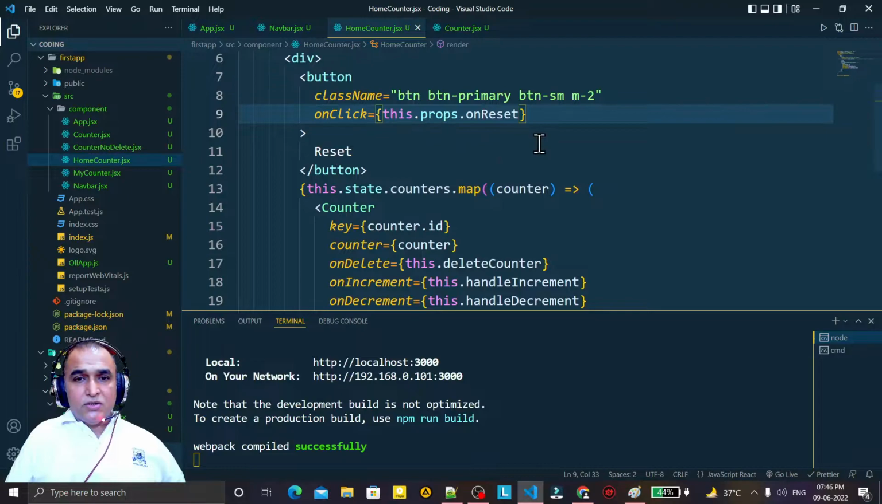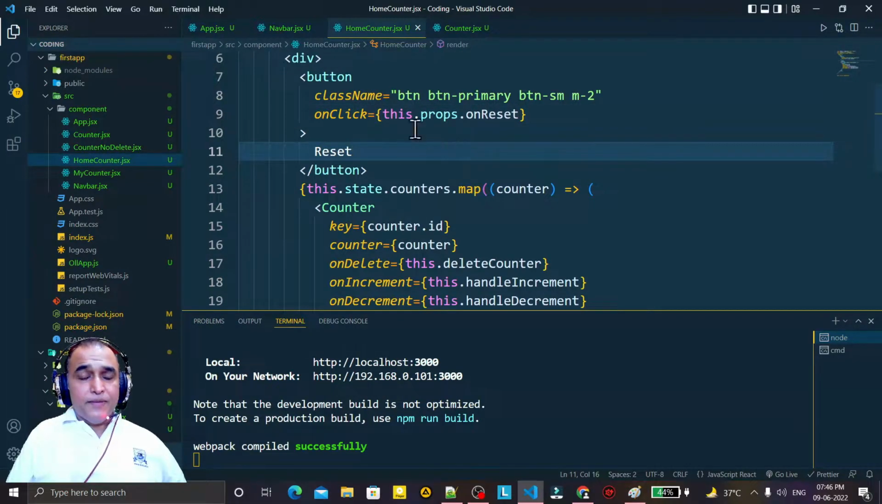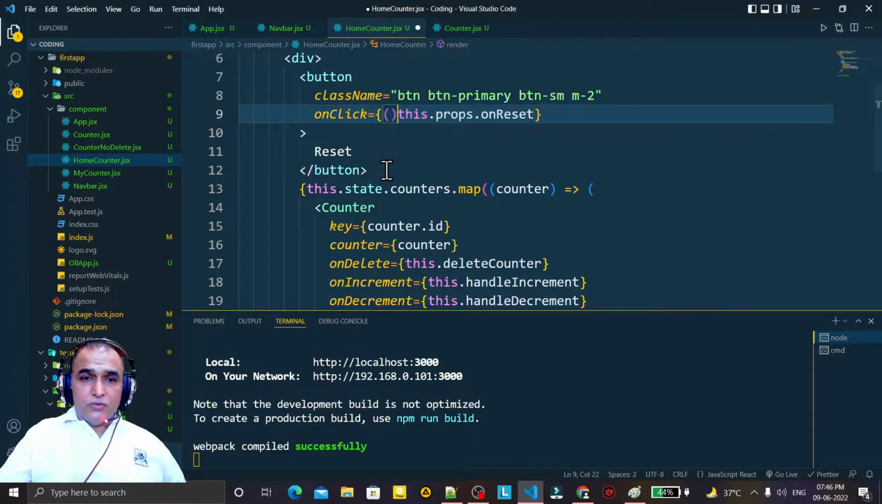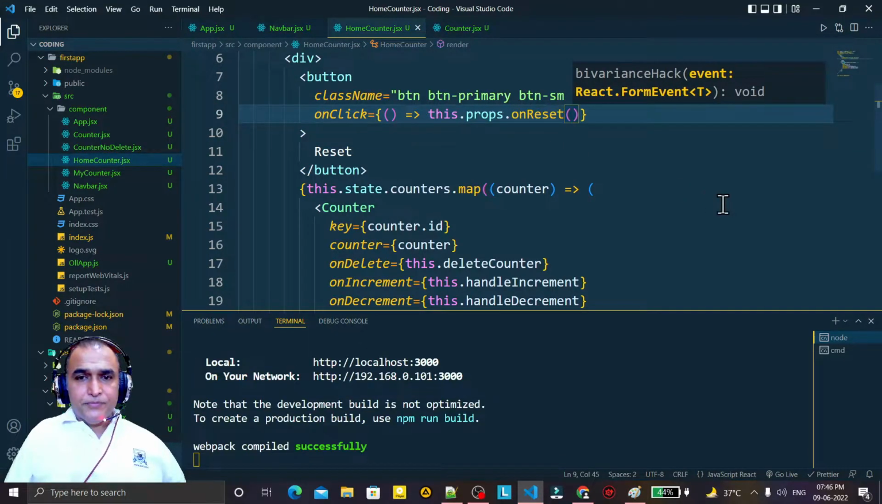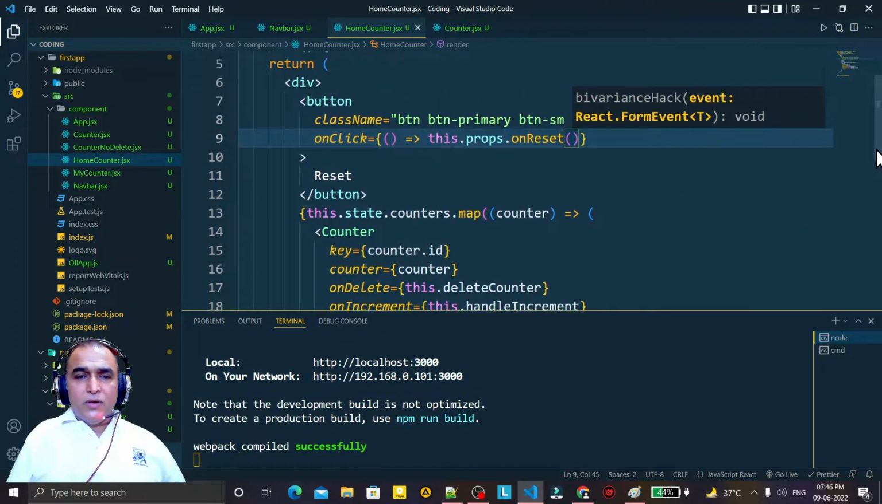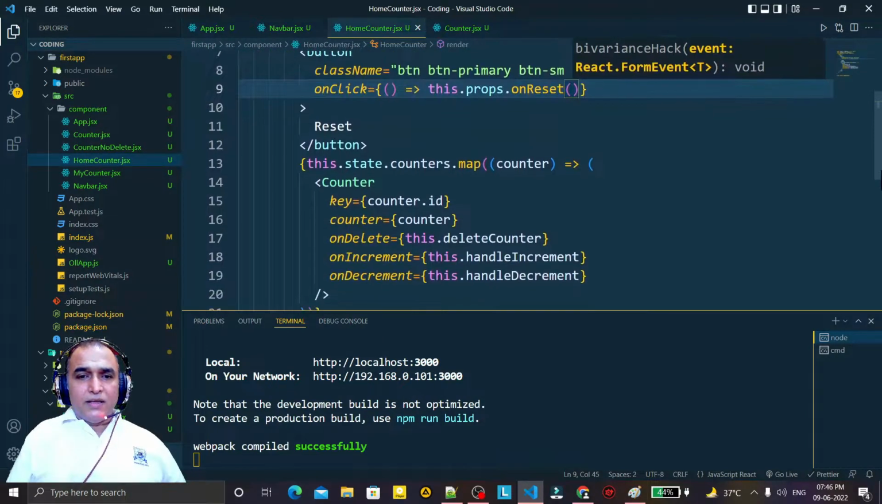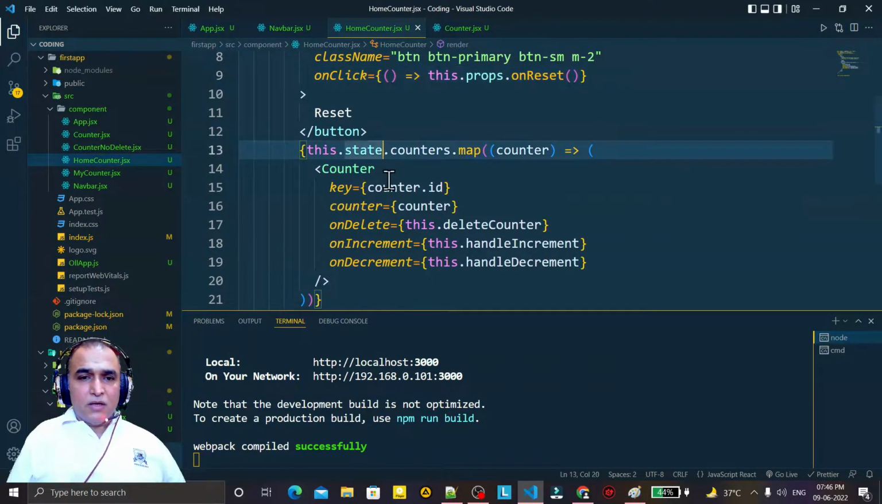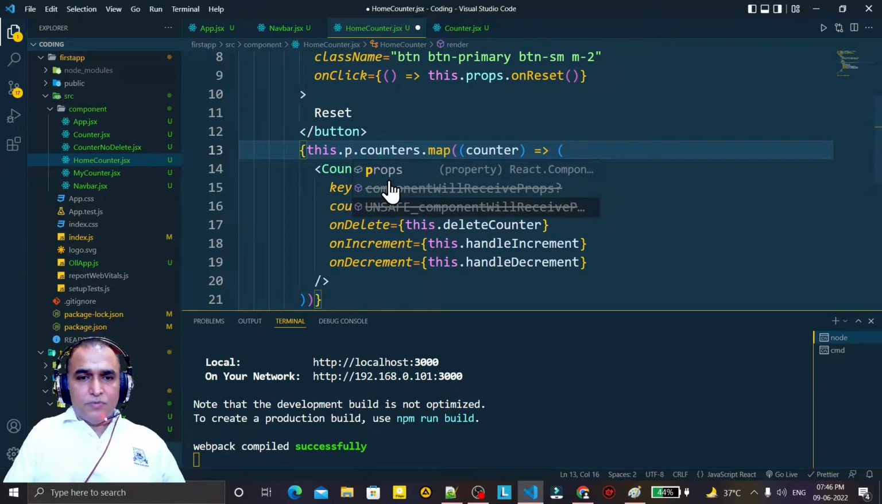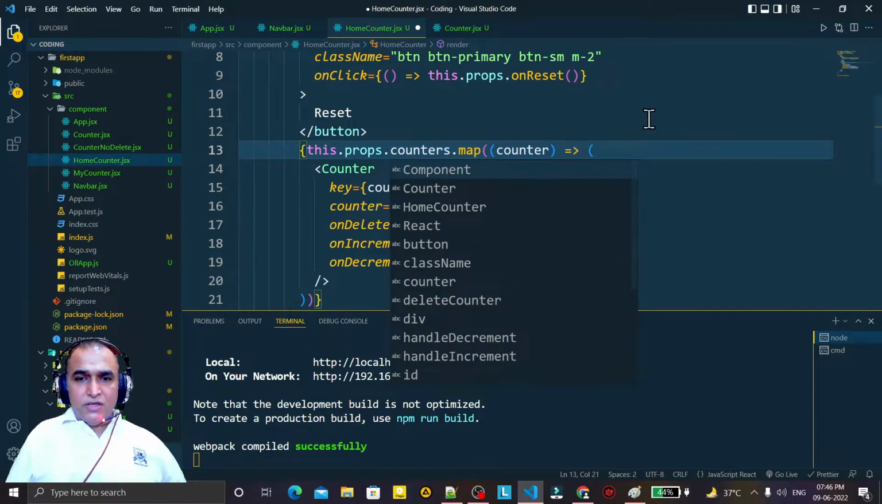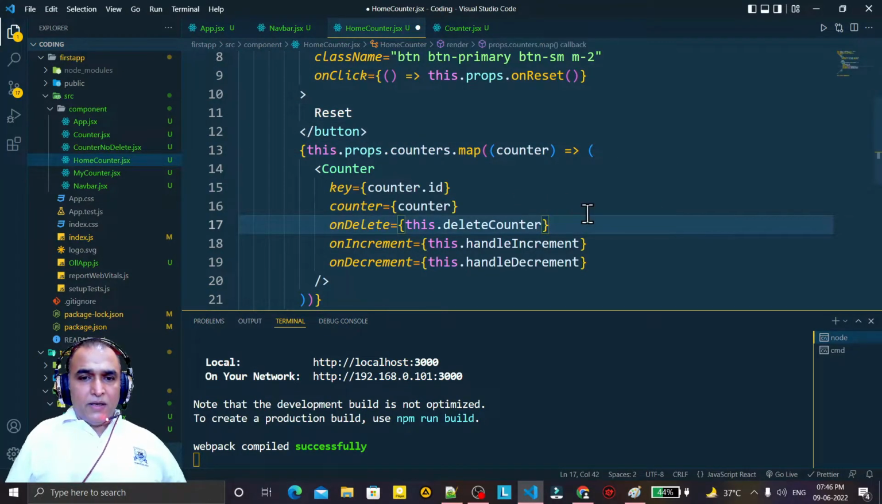So we just change it to this on reset, and I can convert this into the lambda expression also, and I can call it like this. So on reset we are doing like this, and then in place of this counter I say props. We changed it to props, and here in place of